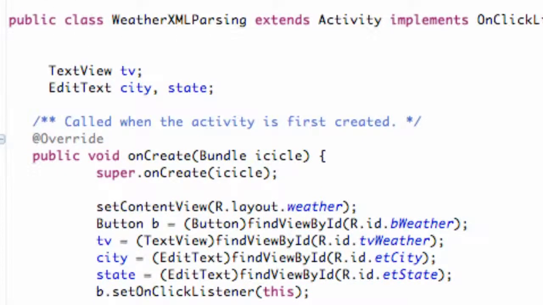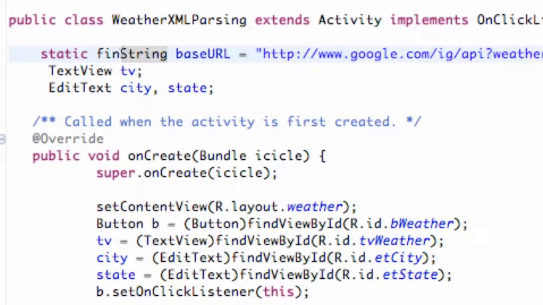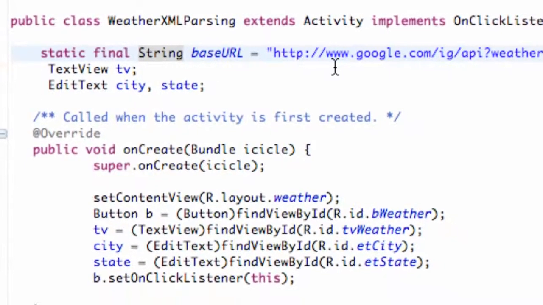We're going to go over to our weather XML parsing class, and we're going to set up this variable. Again, it's just going to be a string reference, so we're going to say string, and we're going to call this base URL. We're going to set this equal to what we just pasted within quotations, and there we go. Make sure you have the HTTP in there. So now we have our base URL set up. Again, we can just say something like static final, because the base URL is not going to change,